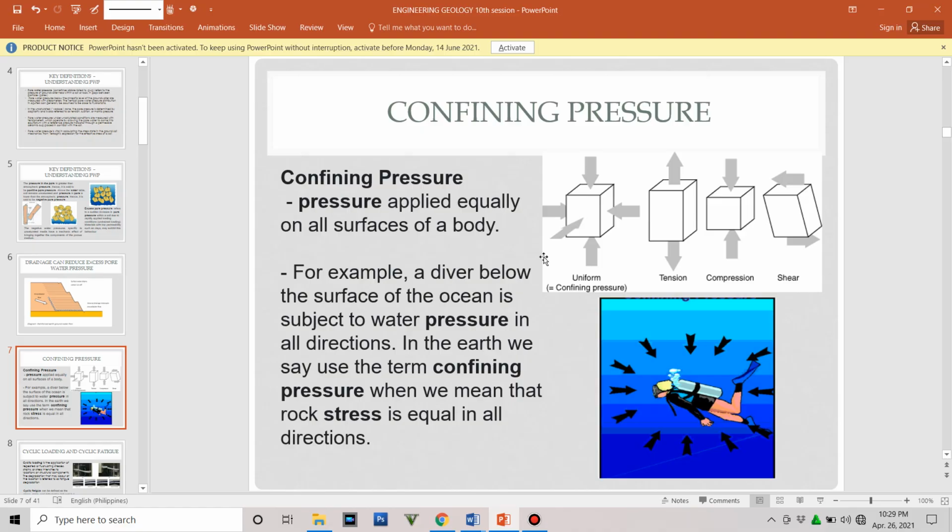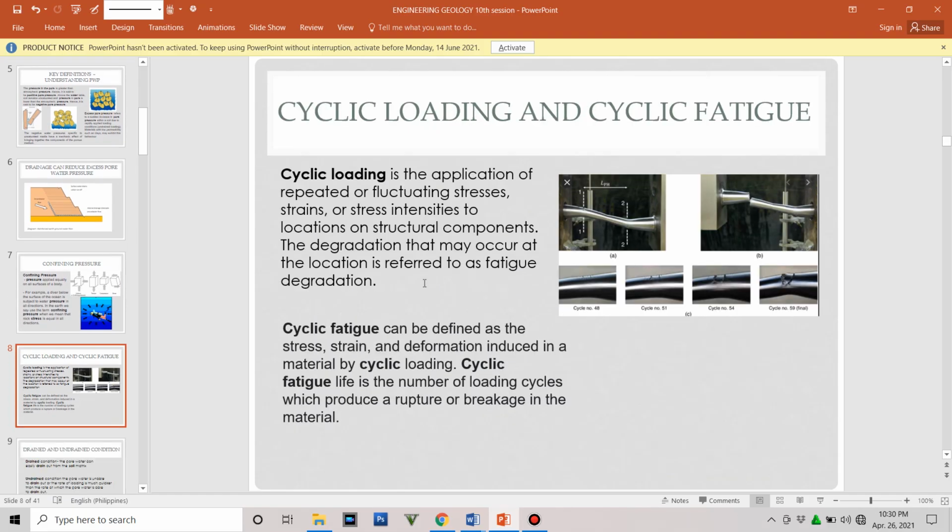Okay, so you can see here that pressure is acting on all direction. And as we go below the water level, the pressure increases. Okay, so moving on,